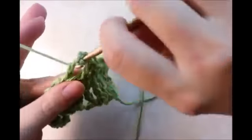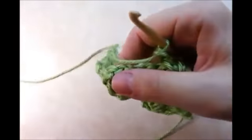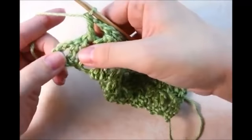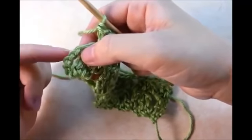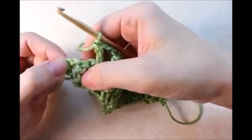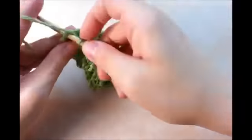So you just want to repeat this to the end of the row, working in every one of these chain 2 spaces. Okay, when you make it to the end here of the second row, just go ahead and triple crochet here in the top of this chain here, that from the beginning. So just go ahead and triple crochet in the top of it,